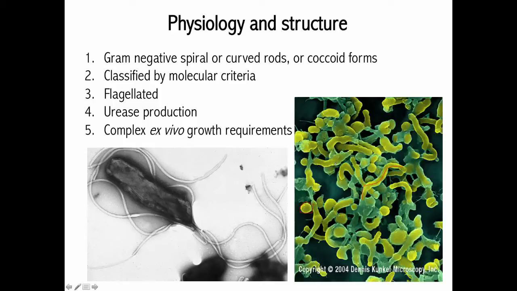It's a complex media, and that's going to be media supplemented with things like blood, serum, charcoal, starch extracts, egg yolk, and the growth has to be microaerophilic because obviously there's not a lot of oxygen in the stomach and the duodenum, so the pathogen has to be grown under microaerophilic conditions, obviously at or close to 37 degrees Celsius,